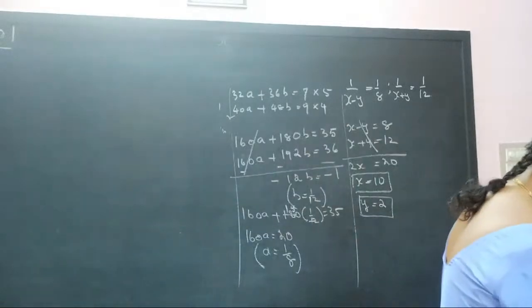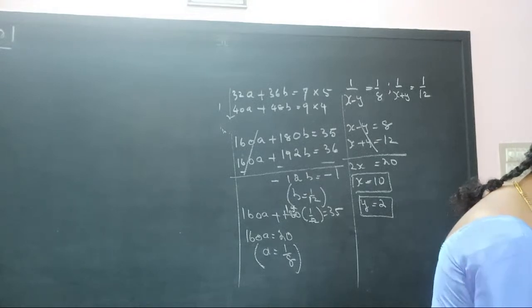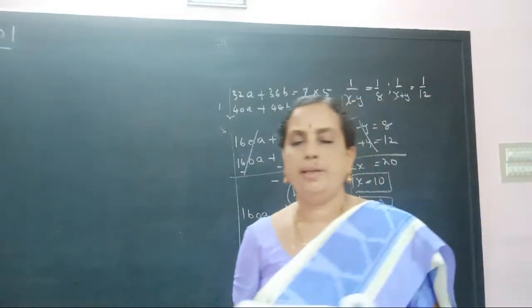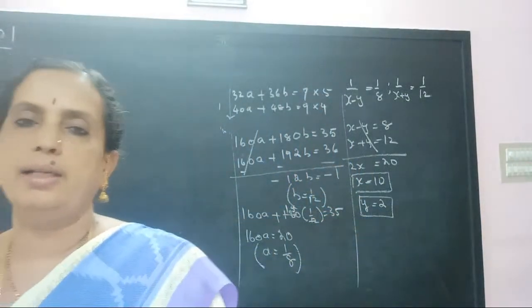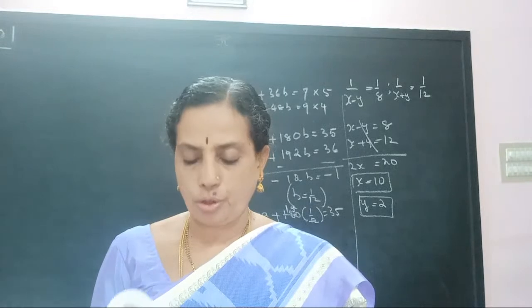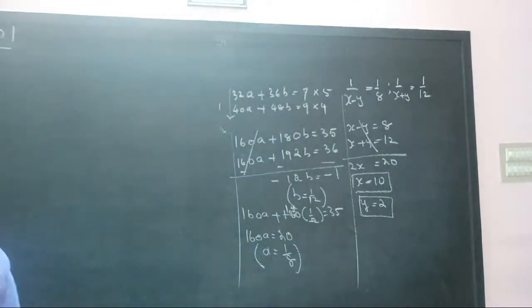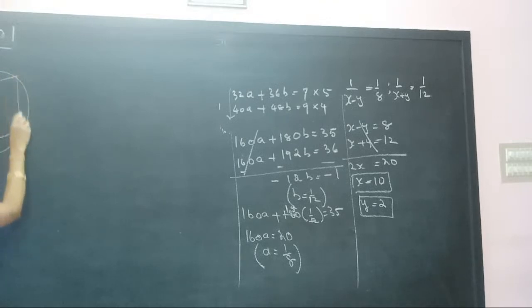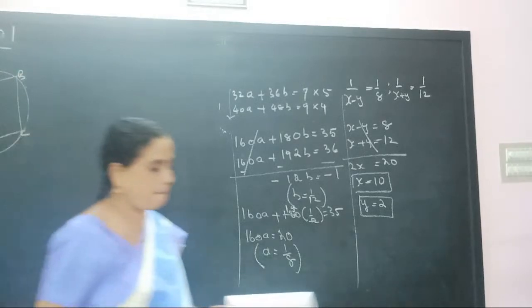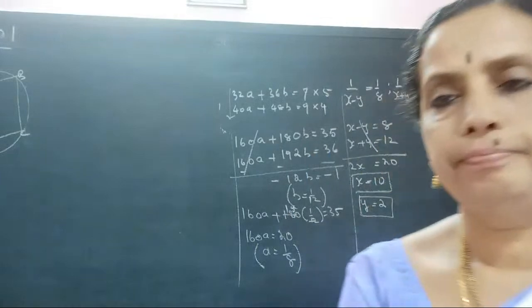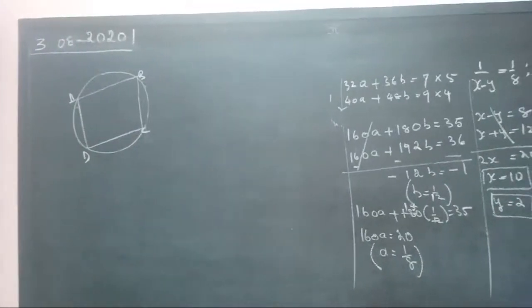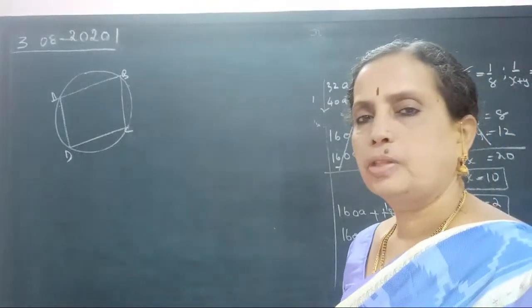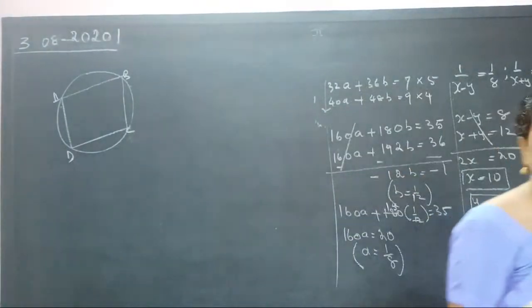Here, this is based on the practical geometry in a cyclic quadrilateral. Even this question is also included in the earlier worksheet, but this is a different question. In a cyclic quadrilateral ABCD, get a cyclic quadrilateral figure, insert a quadrilateral within the circle like this. ABCD is a cyclic quadrilateral